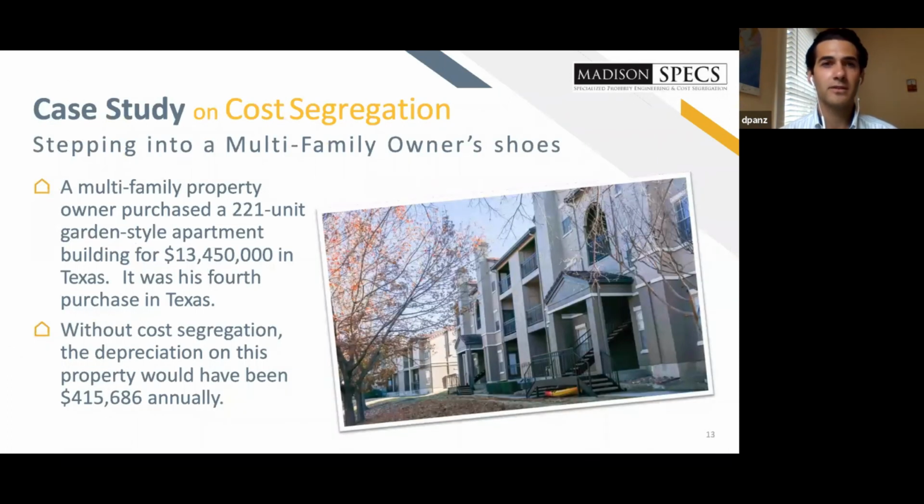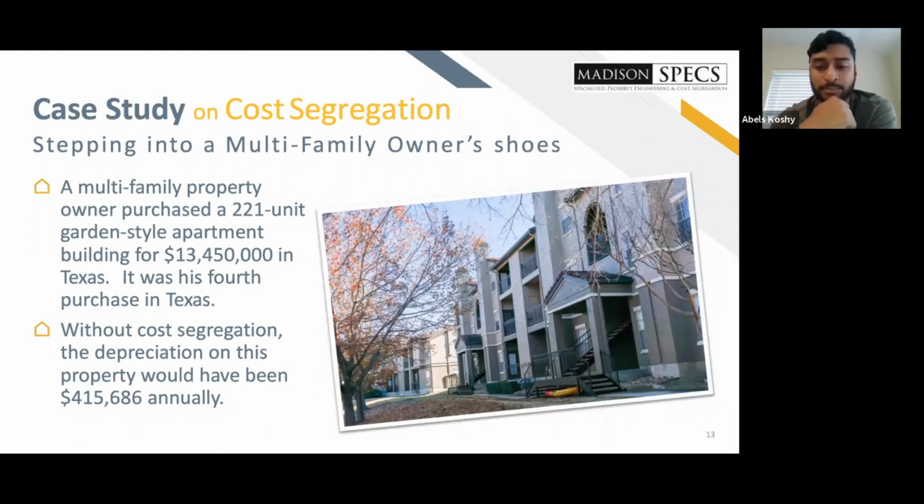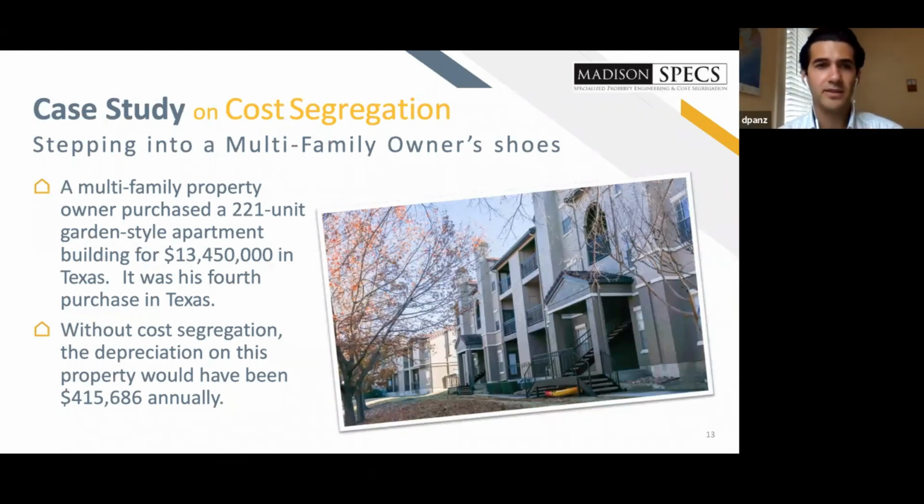So here is a case study from someone in North Texas. It's a client of ours. So this is his 4th property. This is a multifamily purchase. It's 221 units, garden style apartment building. It was worth $13 million. So without cost segregation, straight line depreciation, they're going to get $400,000 more or less annually in depreciation, which is nice. It's good for what this property might be making. But if we go to the next slide,